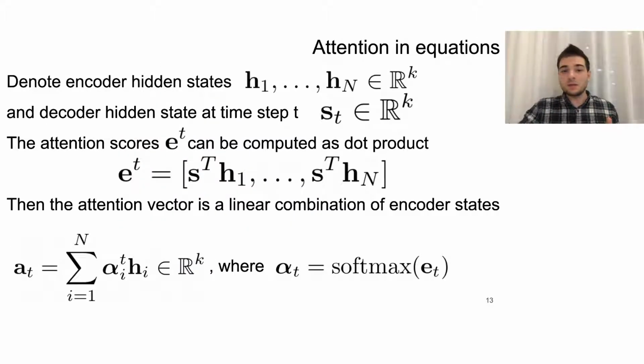So here is the same stuff, but now with formulas, not with pictures. Let's denote encoder hidden states from H1 to Hn, and right now only one fixed decoder hidden state at time step t, st. Just in case, right now we assume that they both are in the same k-dimensional space. Of course, we can update it and make it work for different dimensionalities as well. But attention score can be computed in different ways. We just said that it should be a function which takes two vectors as the input and gives us one number as output. We can define it different ways, but the easiest way, I guess, is to use simply the dot product.